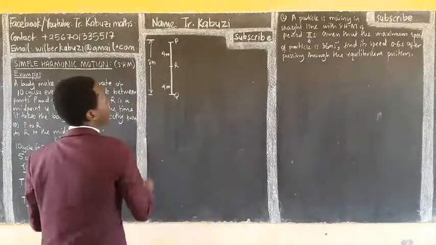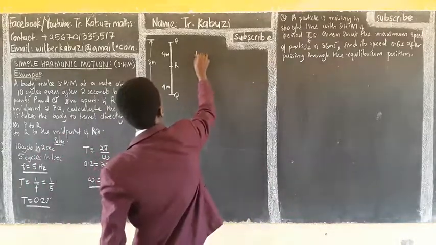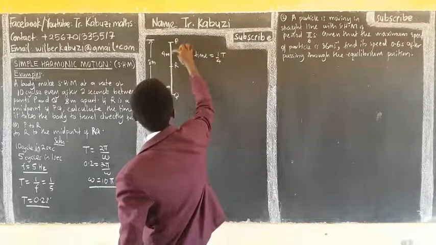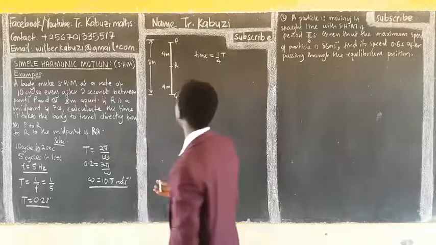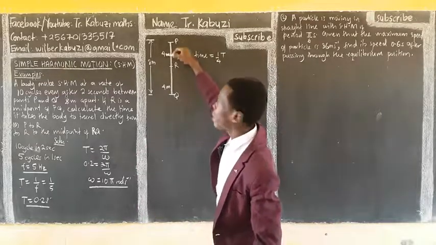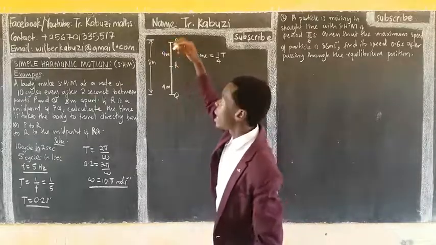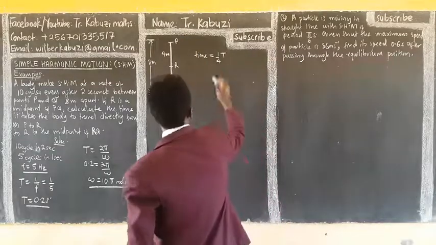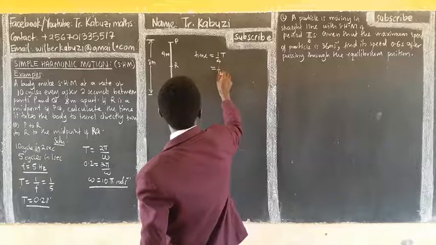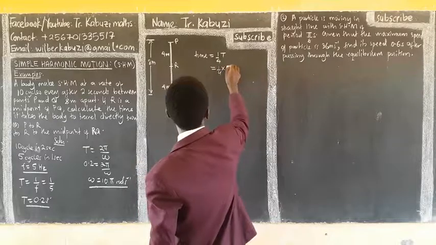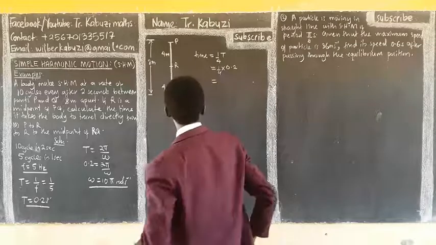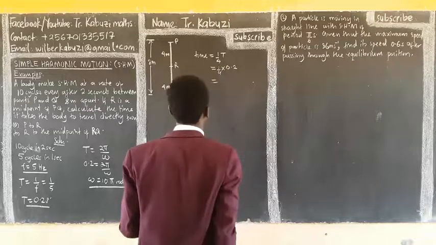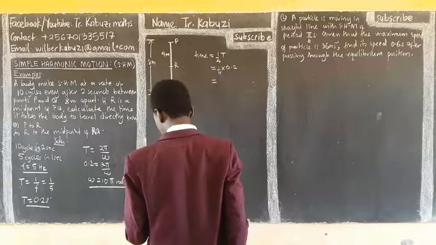So it means that in the first case, our time is going to be a quarter of T from P to R. As simple as that, because this is a quarter cycle. A full cycle has 4 quarters, from here to here to here, then back to that. Hope the idea is there. So this will be a quarter times the period, which is 0.2. And this is going to give us